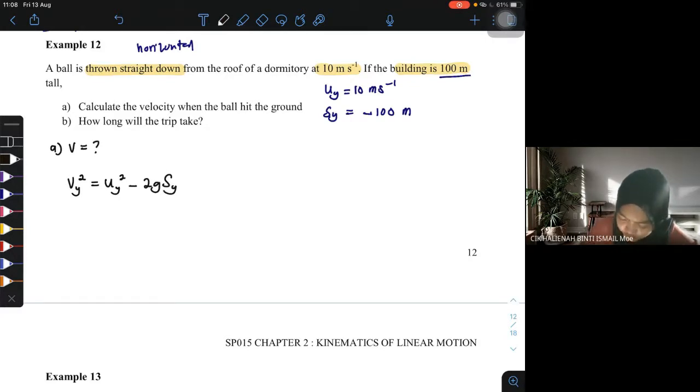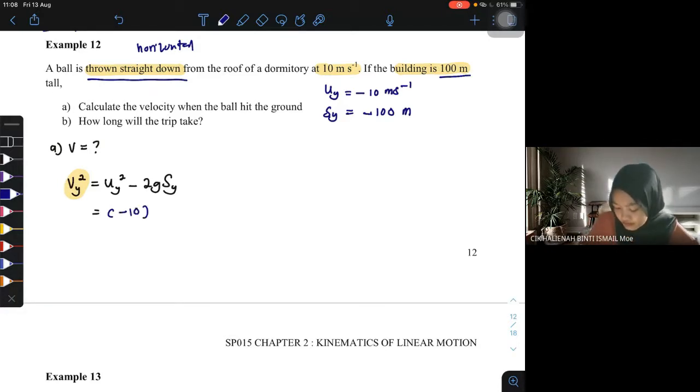Okay, so because we want to find V here, so you just masukkan UY. Okay, wait, before that I forgot to mention, UY kat sini adalah negative ya, because it is thrown straight down, so negative 10 meter per second. So when you substitute in the formula, it must be negative 10 square minus 2 G 9.81, and then SY pun mesti include the negative. So you will get the VY, the velocity,